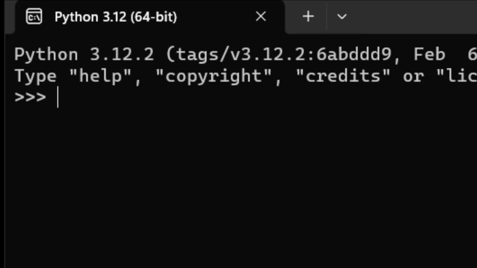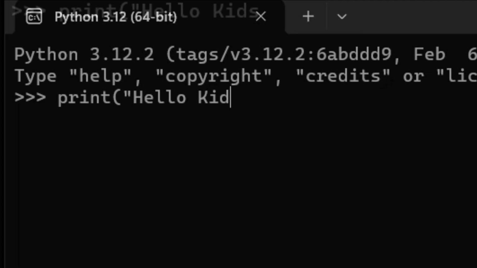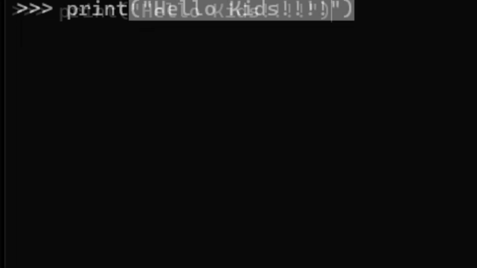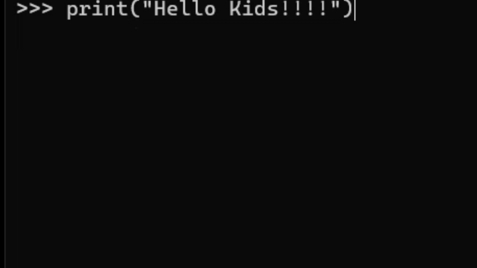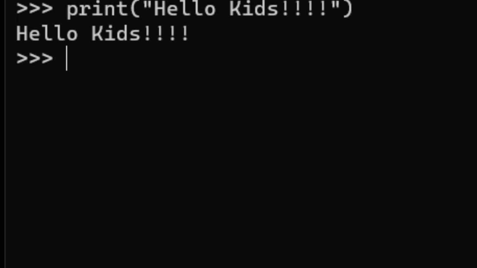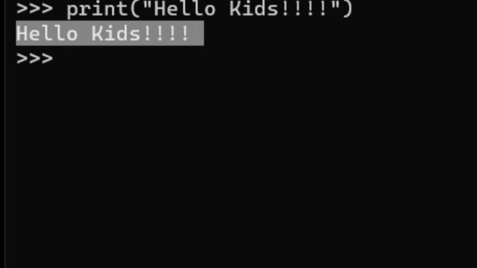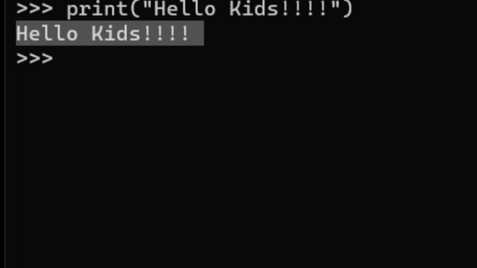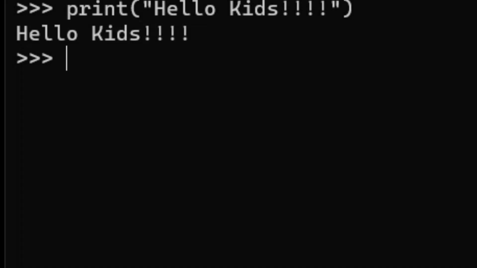Let's enter some commands at the prompt, beginning with the command print in brackets with double quotes, "hello kids". Make sure to include the double quotes, then press enter on your keyboard. When you are finished typing the line, if you entered the command correctly you should see something like this. We run the code and this is our output: hello kids. In this program we have used the built-in print function to print the string hello kids on your